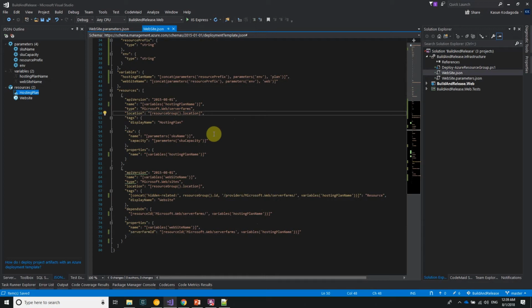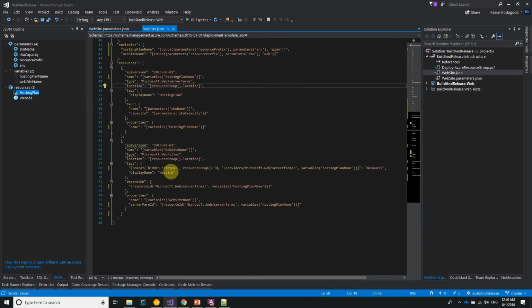If you look at the template itself, we have dependencies between resources. For example, in order to create the website or the web app instance, you have to have a hosting plan in place. We define these dependencies using the depends on section. Here you can refer to a resource ID that this particular resource is depending on. So if you define this hosting plan as a dependency of the web application or the website, the ARM engine will make sure